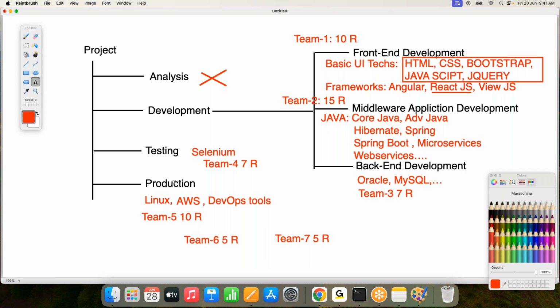Now at present also the same thing is going on. They're going to recruit a person as an employee inside the respective company. That resource must have knowledge of front-end development, middleware application development, back-end development, testing and production. If any resource has an idea on these many areas and the company takes that resource, the same resource will be utilized in the testing part and in front-end, middleware, back-end development and production.